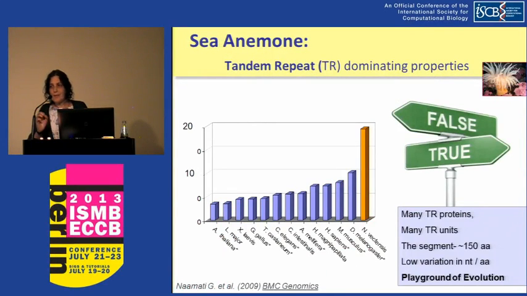Now, the Nematostella has another quite surprising and unexpected feature showing this creativity, which is a huge amount of tandem repeats. If you look at this list, you can see that all other genomes have anything between 5, 7% to 10%, while the Nematostella has almost 20% tandem repeats. I'll keep it just as a showing that these genomes are totally crazy.